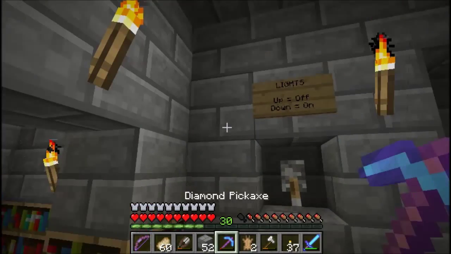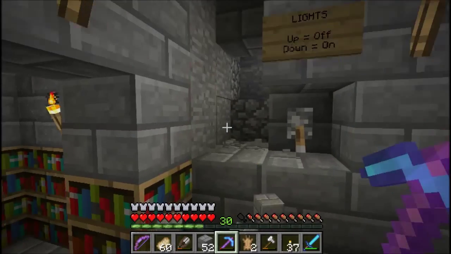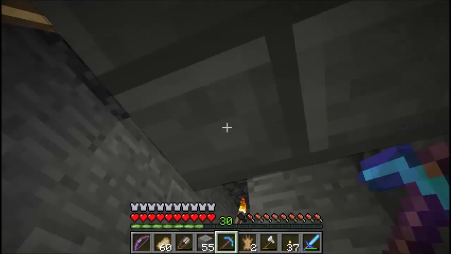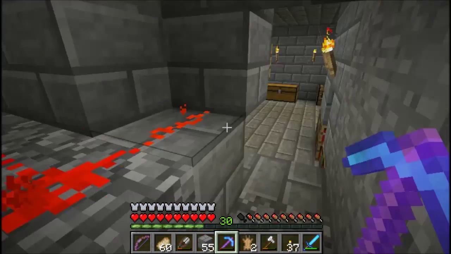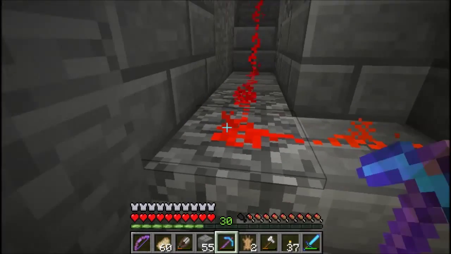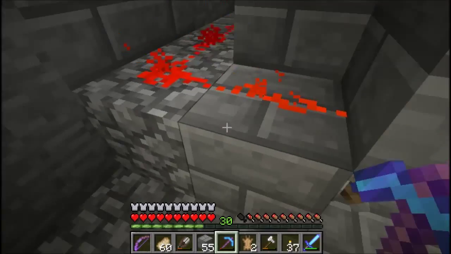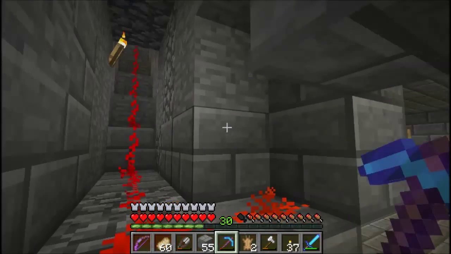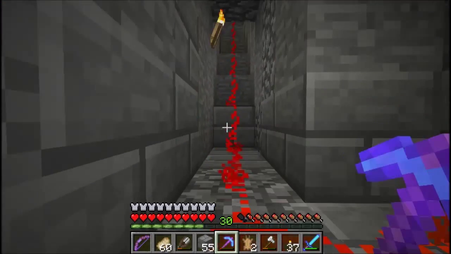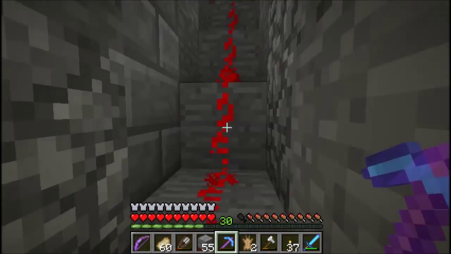Last but not least is up here, and I just want to take you this way. All right, so this is the wiring, and it lays on the top of the block that the switch is in. That way all of this can be covered up and it's not visible. So if you come in here,